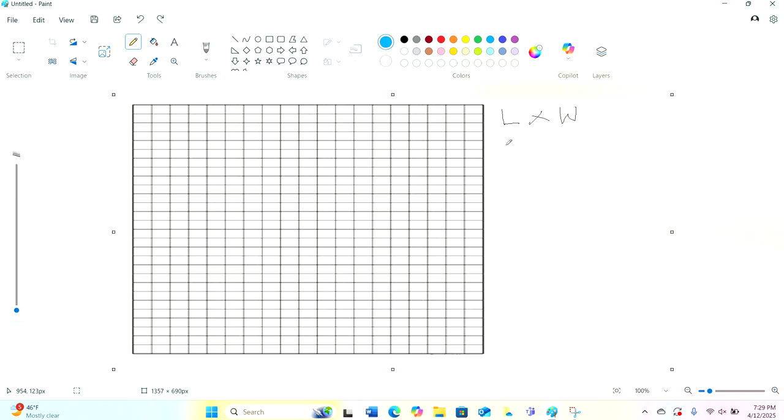So we have our fractions that we need to write out. 3/4. And we also have 2/5. Okay,